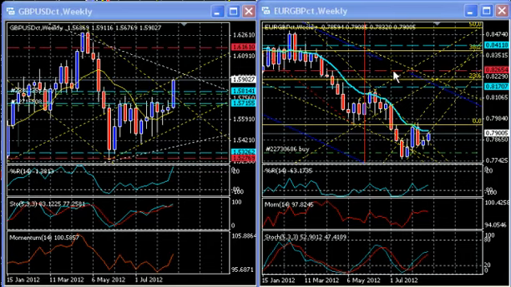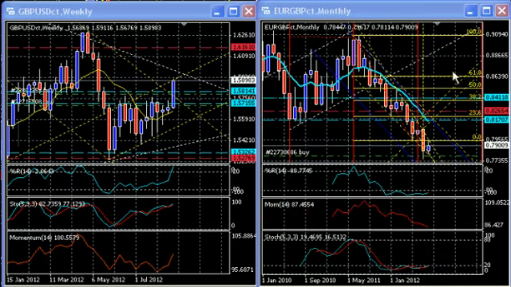Alongside the Euro Pound cross rate, where there is still enough room for this market or this currency pair to move higher, as long as there would be daily corrective moves on the pound prior to the continuation of the Euro Pound cross rate on a weekly basis. As you could see here, that is barely starting, with